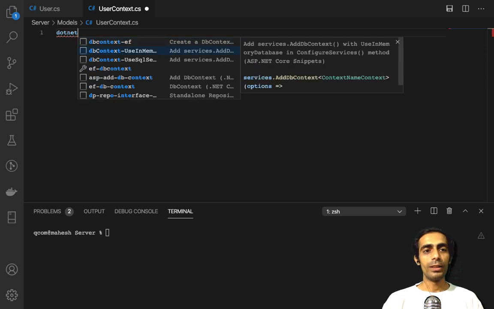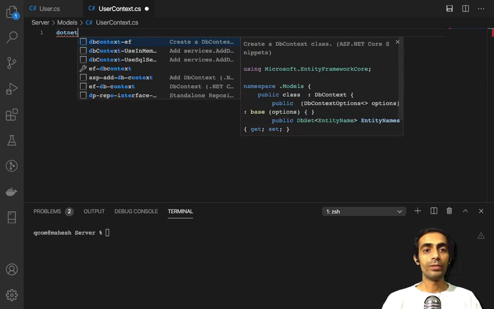dotnet ef, you will get this suggestion if you have this extension that